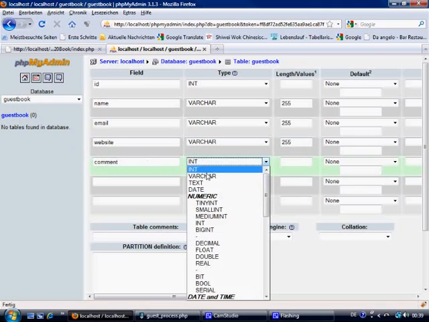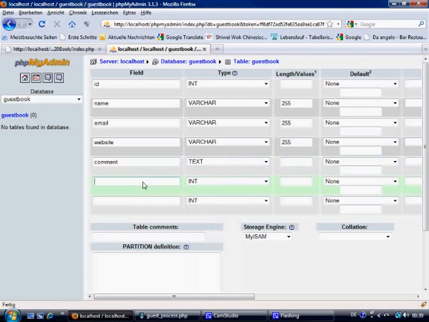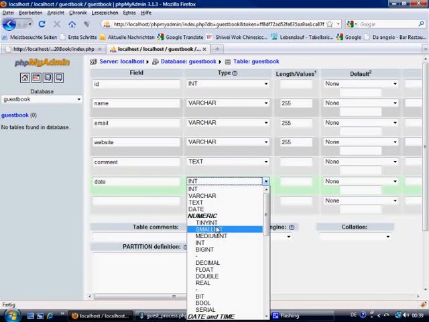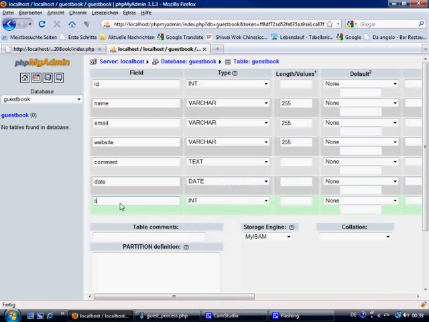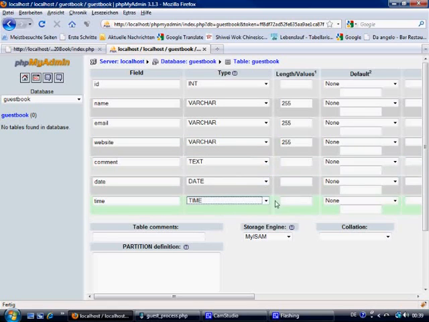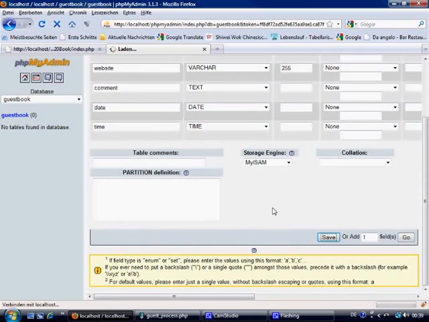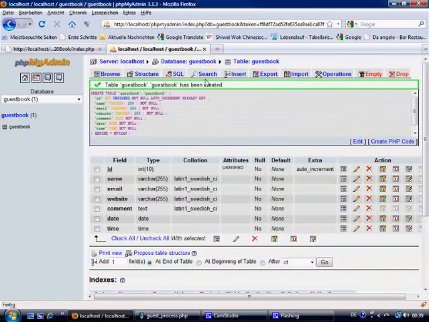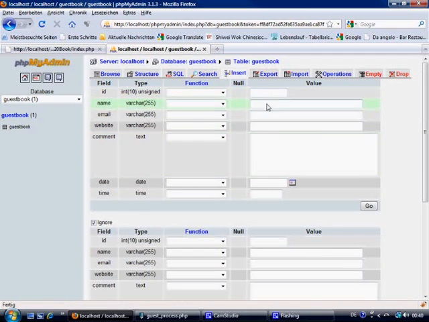Comments is going to be text, and then we need a date as well to say when it was entered, and then I want a time as well, to show the time that it was entered. Okay, that's everything we need, so we can just save that. That bit's done, and what we'll do is enter in